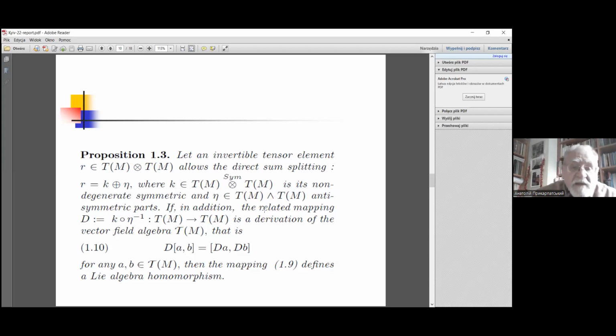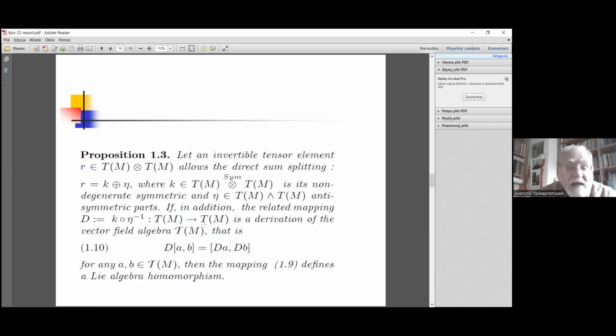In this case, we can define the following related mapping: D equals k composed with the inverse eta of the mapping eta from tangent space to tangent space. And if this composition of the two mappings, k and inverse eta, is a derivation of the vector field algebra on